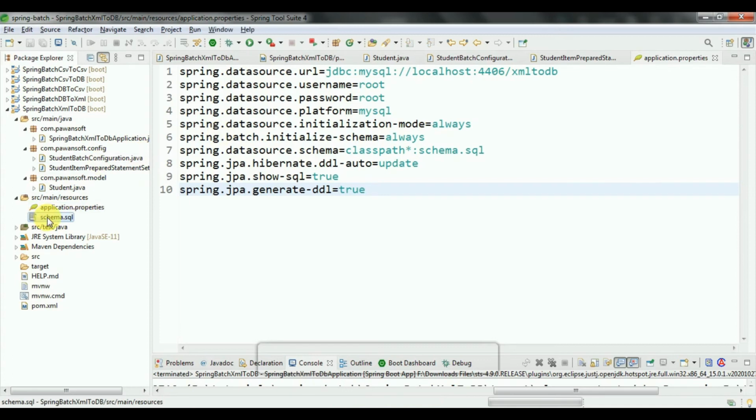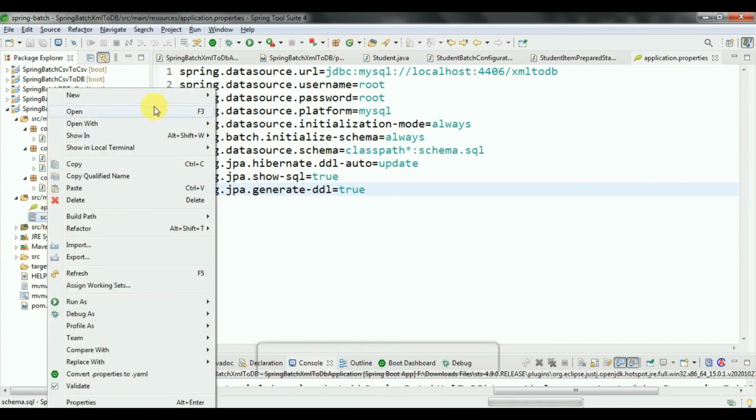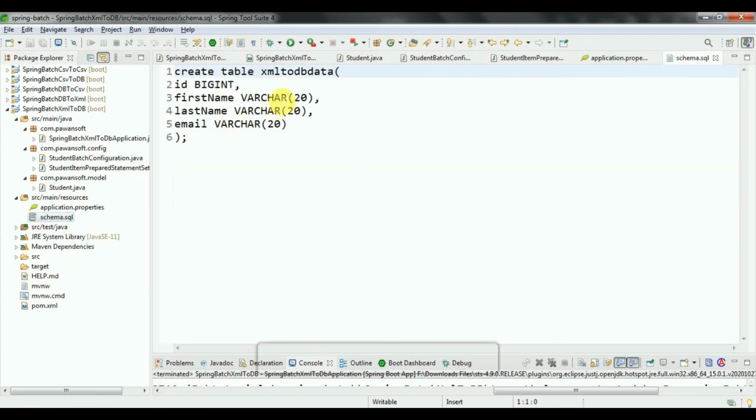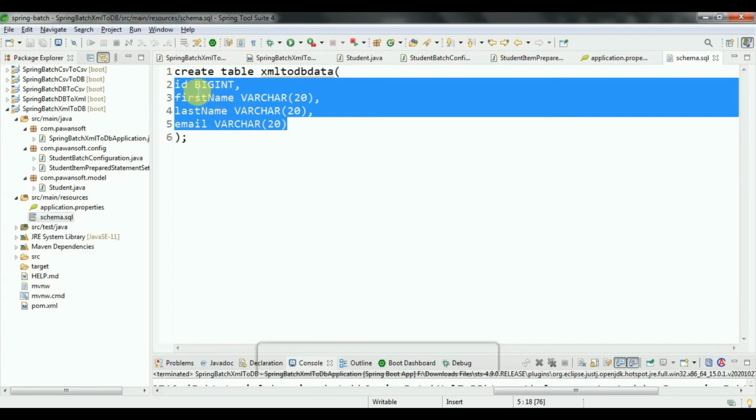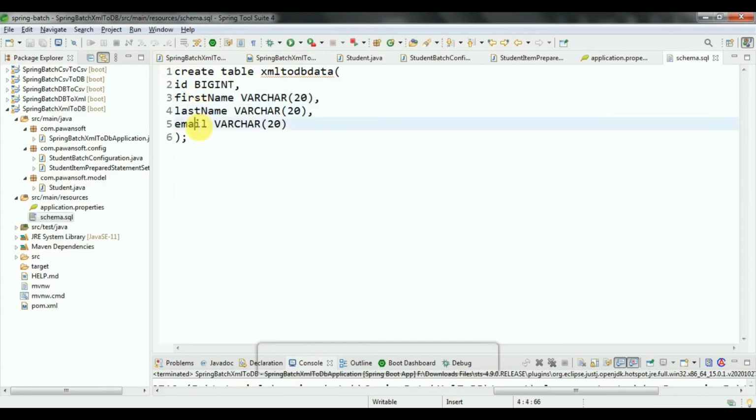In schema.sql you have to write how to create the table. So create the table XML to database data table, and in this table I'm going to create these 4 columns: this is the ID, this is the first name, this is the last name, and this is the email ID.